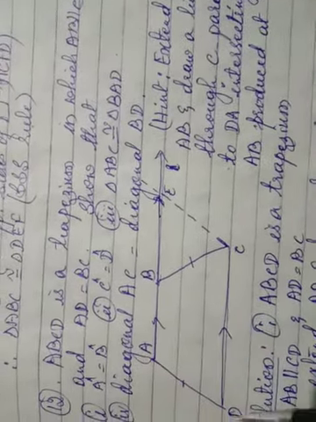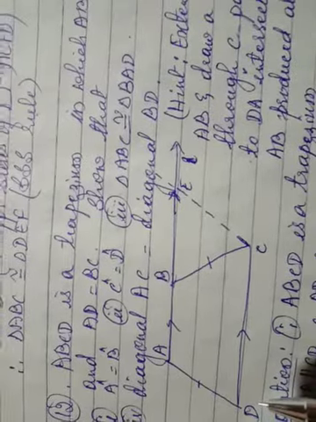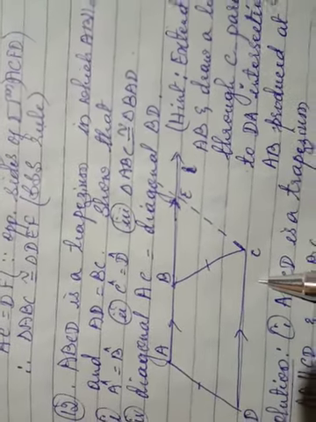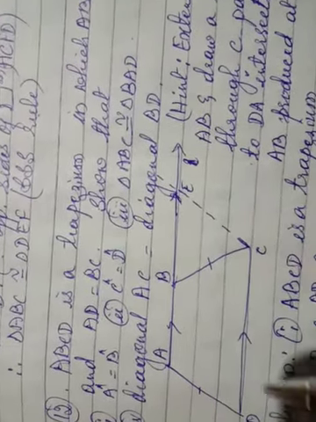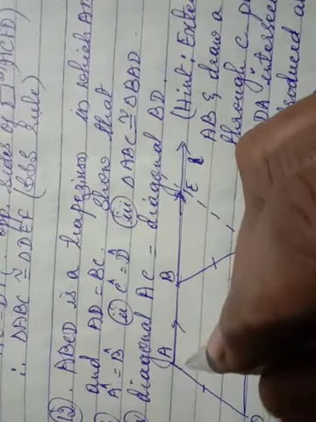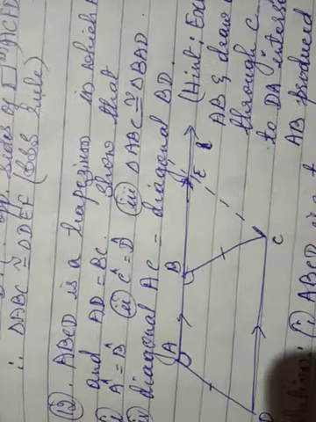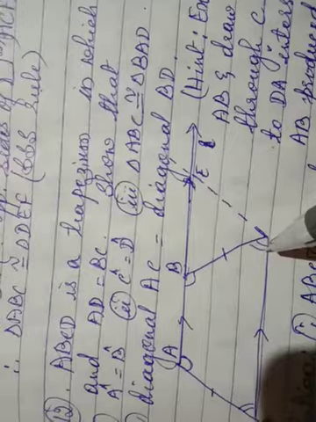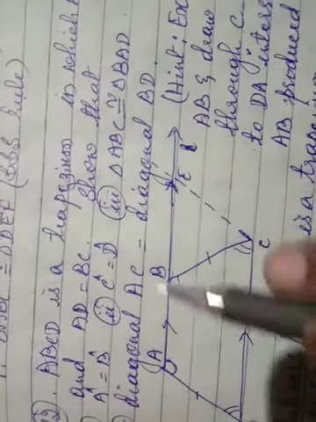Now see what is given in the question. Once again, ABCD is a trapezium in which AB is parallel to DC, and AD is equal to BC. Then we have to show that angle A is equal to angle B and angle C is equal to angle D, and then triangle ABC...